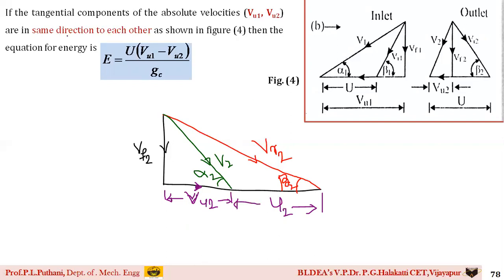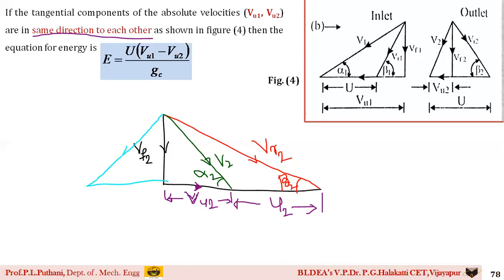Now we say here the tangential component of the absolute velocity at the outlet is the same as that of the inlet. So what it means to say here is this green colored line which you are seeing, the absolute velocity at the outlet, is being shifted to the other side. So when it is shifted to the other side, the nature of the graph is in this fashion. Please observe here now. This will be the nature of the graph.